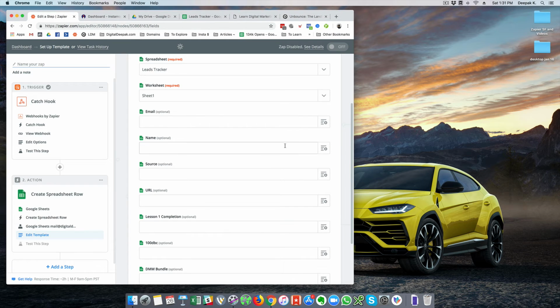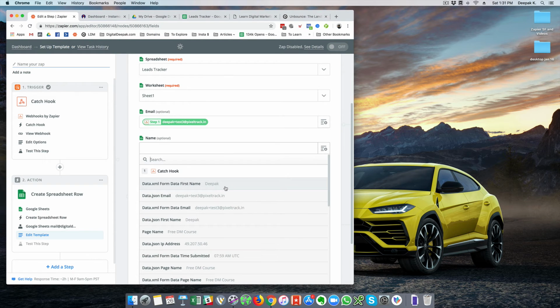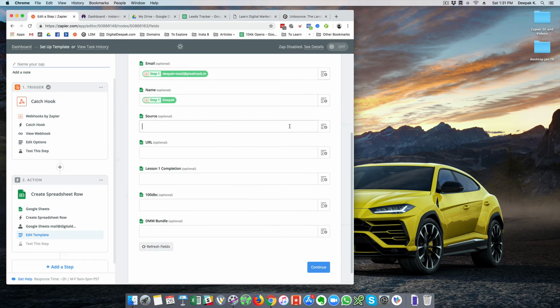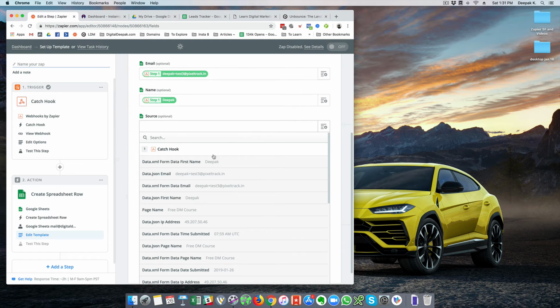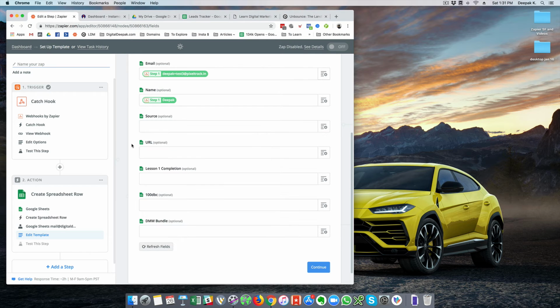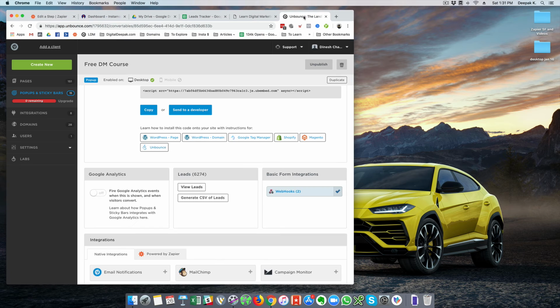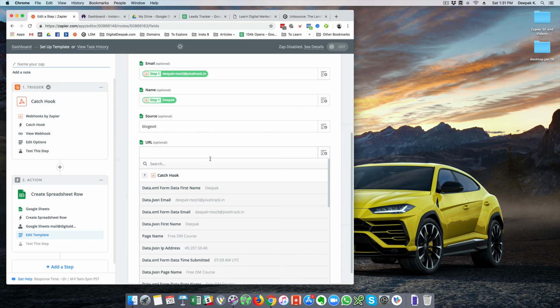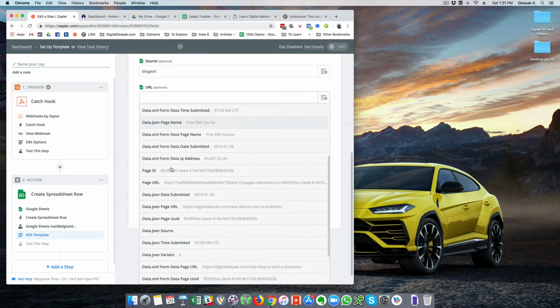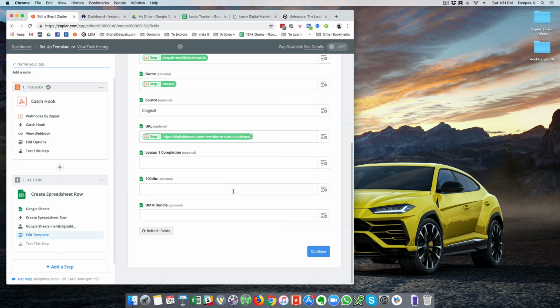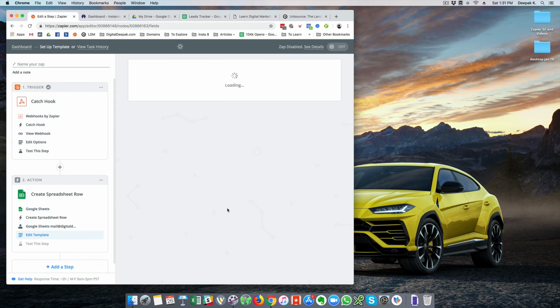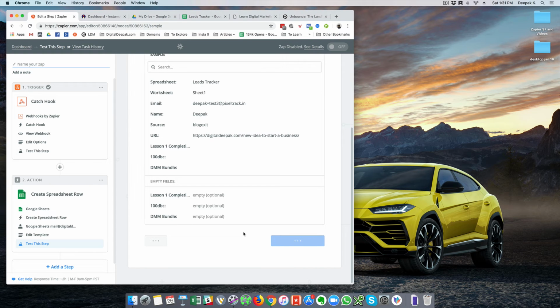And I will go ahead and put down the email ID which we collected, put down the name that we collected, and add the source as well. Here the source, I would just mention it myself. I would mention it as blog exit, because this particular zap is only for the blog exit pop-up, which we have connected to Unbounce pop-ups and sticky bars. And here the URL is where we have the page URL on which the lead was generated. Here you can see new idea to start a business, and click on continue, and now send test to Google Sheets,